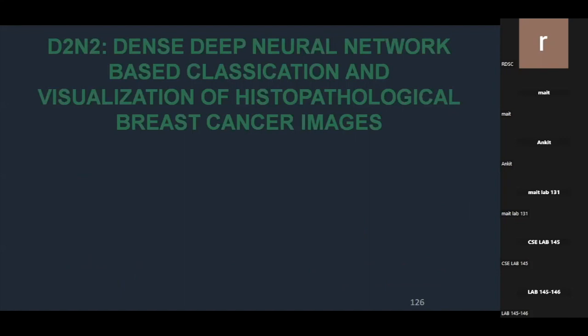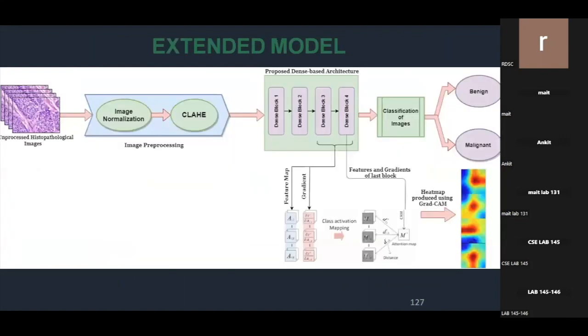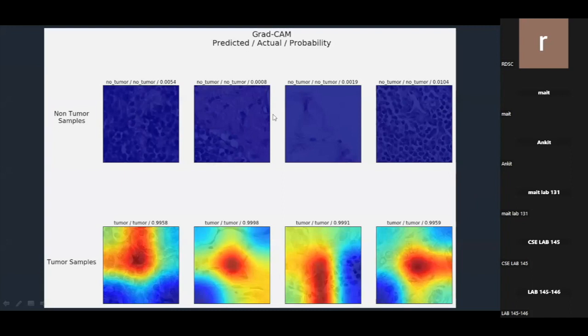The second one is the visualization. We have extended this proposed model with some more mathematical constraints, gradients. We use these gradient vectors to see at which place we are getting the most gradients. For that we have used the last two layers' data and the gradient information, and then we mapped the attention map, and that's how we are able to get the heat maps of my data. If you check non-tumor samples, we get no heat map. Gradient is almost the same in every part of the last layer, but in the tumor samples